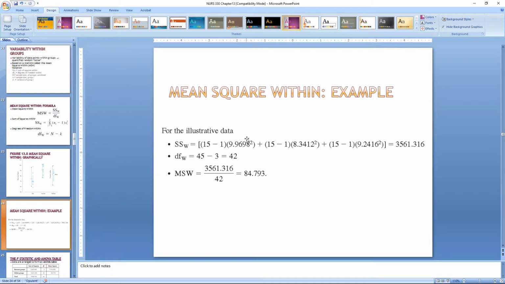So 15 minus 1 times the variance of group 1, plus 15 minus 1 times the variance of group 2 and group 3. And when we put all that together and calculate it out, we have